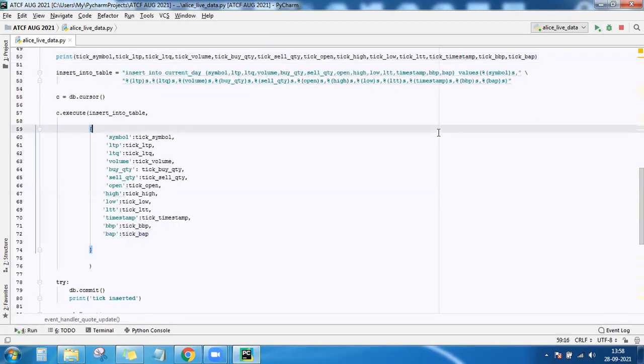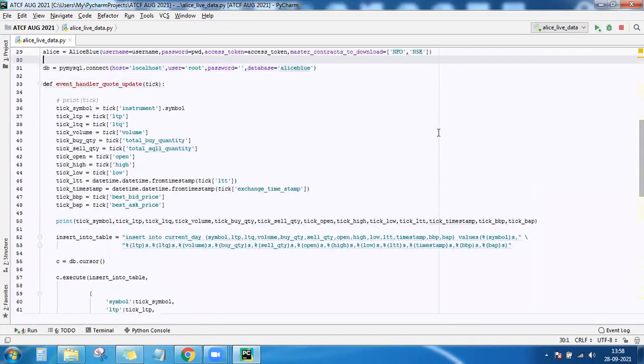Here itself there is an error. Yeah, this is the error. It is not throwing an exception. That's the problem with these free modules. There is just a small spelling mistake. It could have told me that there is no key with this total underscore sell underscore quantity. Let us rerun.